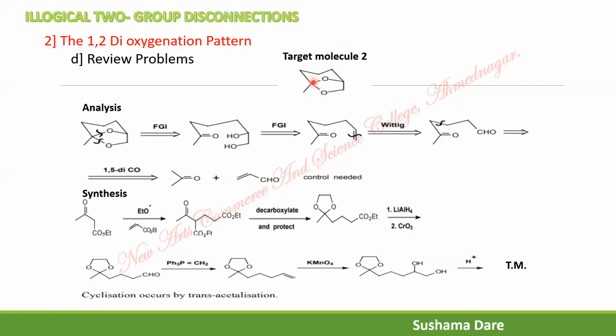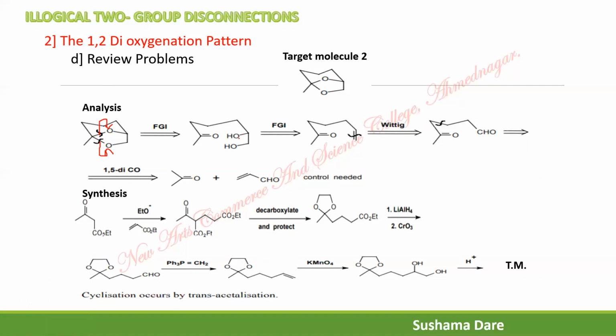So this is nothing but the protection of a diol by using a keto group. So you disconnect in the direction of oxygen. As the bonds are symmetric, both bonds you have to disconnect at a time, and this is nothing but the protection of a diol by using a keto group. So here there has to be a keto group, and this is the protection of the keto group.